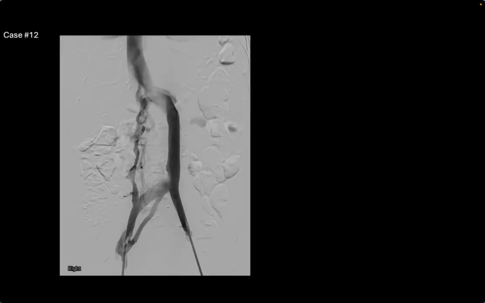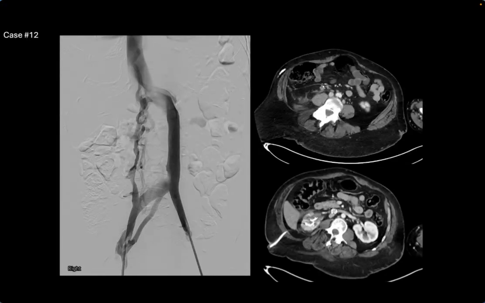Okay, tell me what we see here, what variant this is, and what you would do if you were placing an IVC filter. Here's some cross-sectional to help. You can see the filter's already been placed. But what we're seeing here is